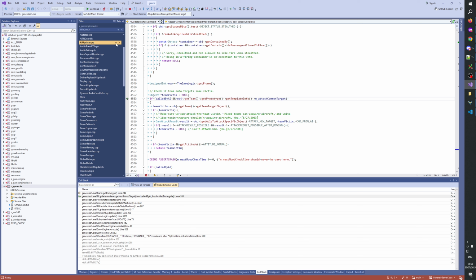Okay, so the first question I have is if it's related to one of the changes we just did. Maybe it's related to when we touched game logic, maybe we made a mistake. I find this really strange.